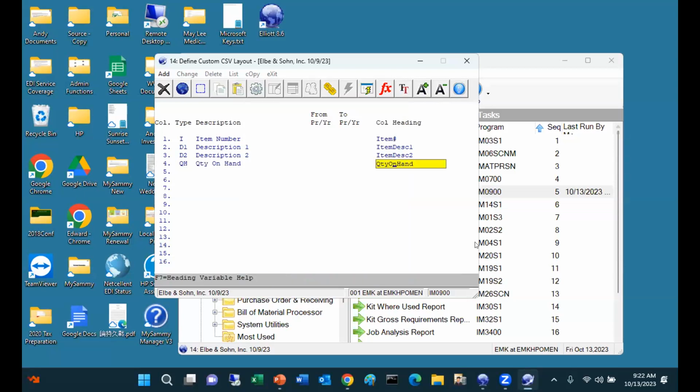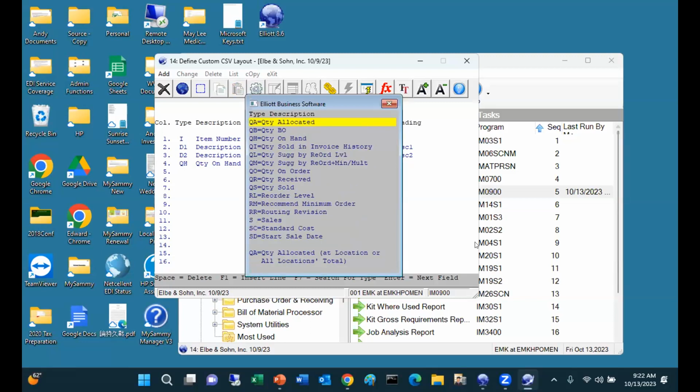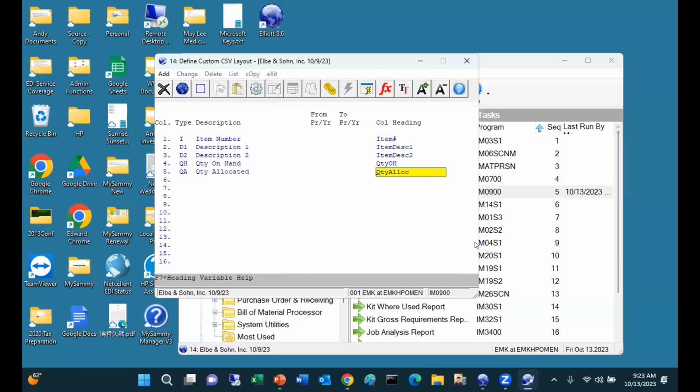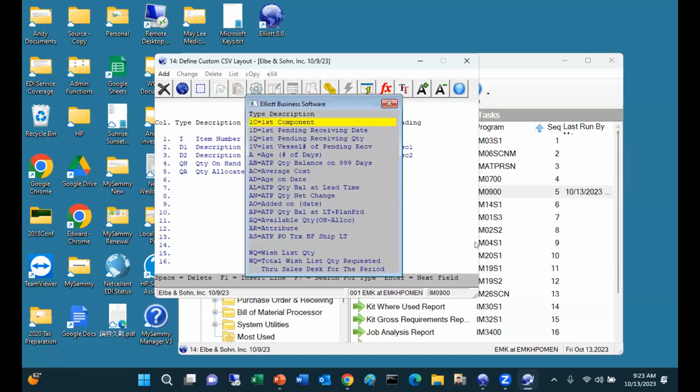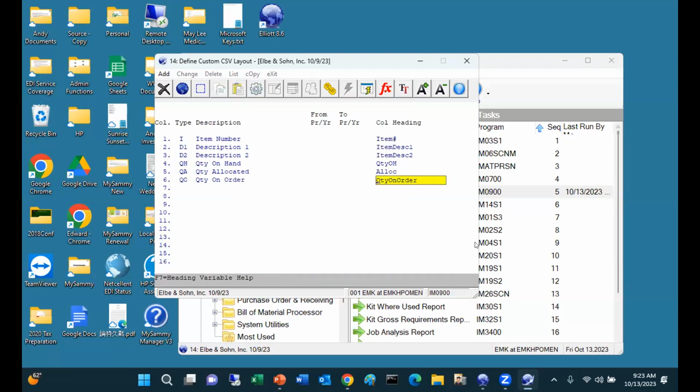Now, actually, I'm going to make this short. I'm going to say QH. And then I need to have the quantity allocated. So remember F7, and I do a Q. The first one, QA, is quantity allocated. And I'm just going to use allocate is sufficient. And then quantity on order, and then F7, Q, and on order is this guy, QO. Okay, I'm just going to say on order. And then without